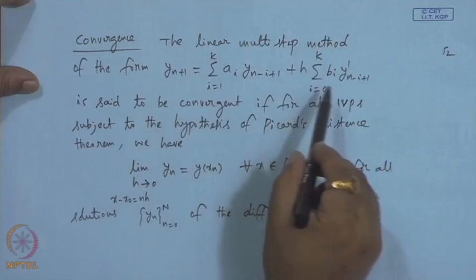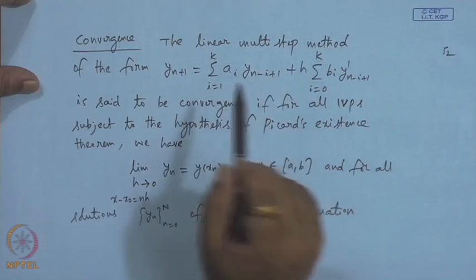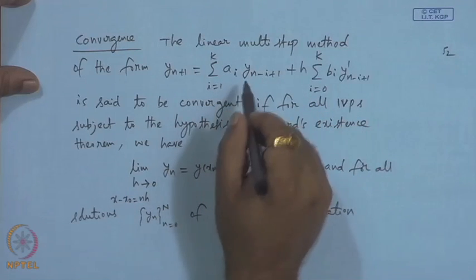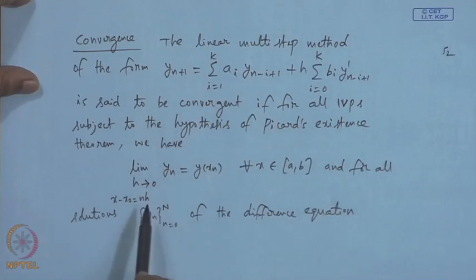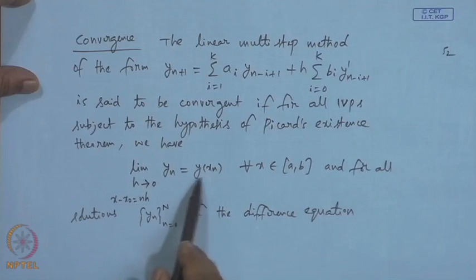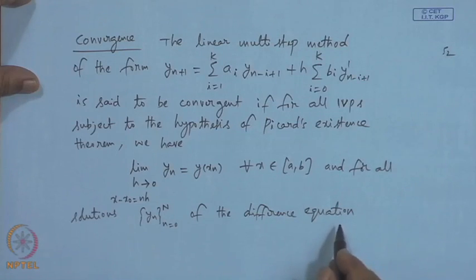We have approximated the given IVP with the difference equation. So, now we are talking about convergence of this particular solution of the difference equation. As h goes to 0, this approximated solution is equal to the exact solution for all x within this interval, and for all solutions of the difference equation